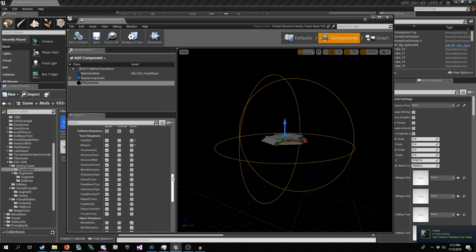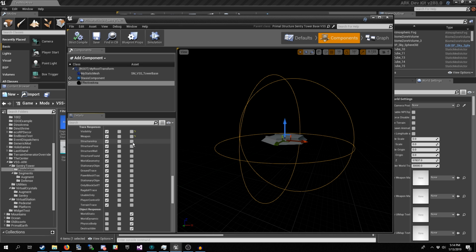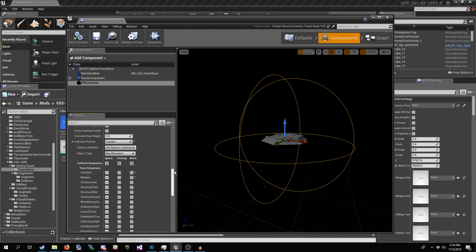Well, there was a problem. I couldn't access the inventory of the segments anymore. It would only allow me to access the multi-use of this base. And for a while there, I was sitting there trying to figure out why. I couldn't understand it. And it's because the way the multi-use works is it does a trace from your player. Now, the trace was hitting this sphere. Even when I'm inside of it, it was colliding with this sphere area. So it was thinking that because this sphere was part of this structure, all this multi-use. Basically, that was a problem.